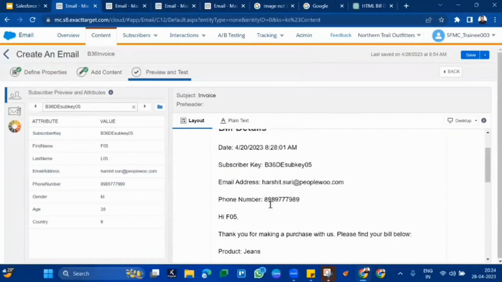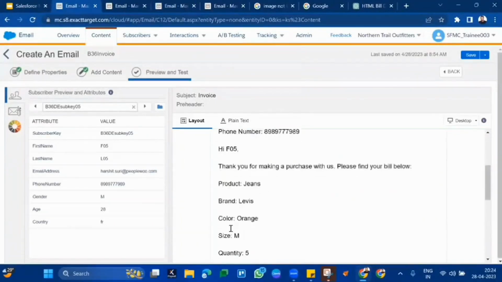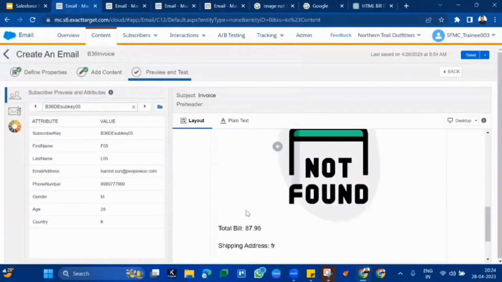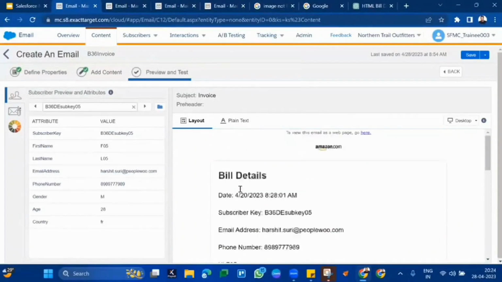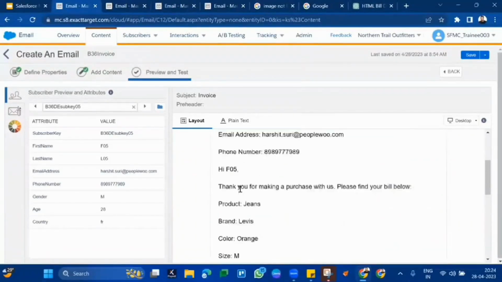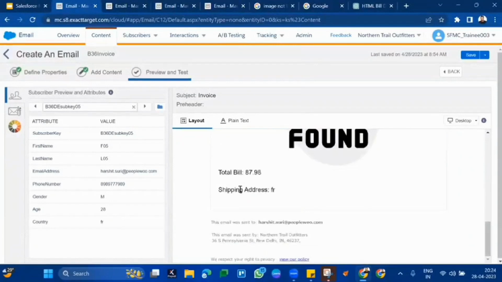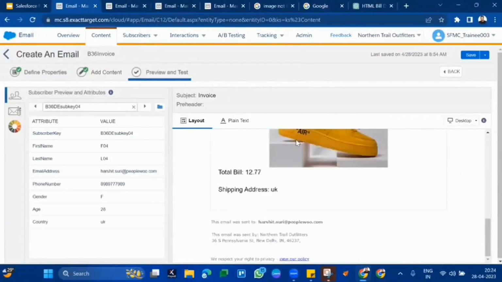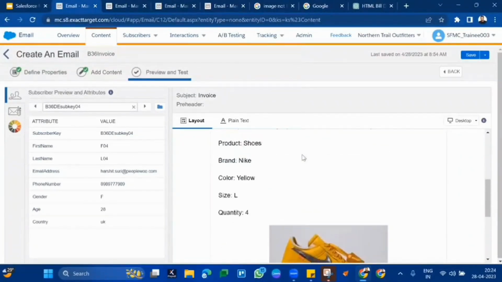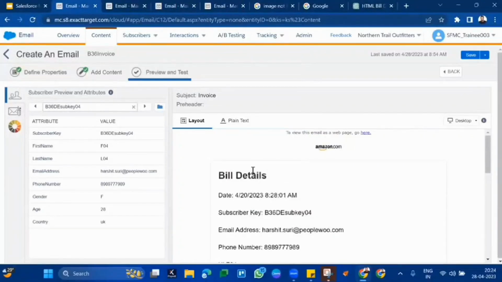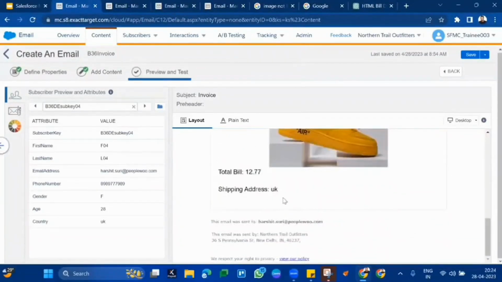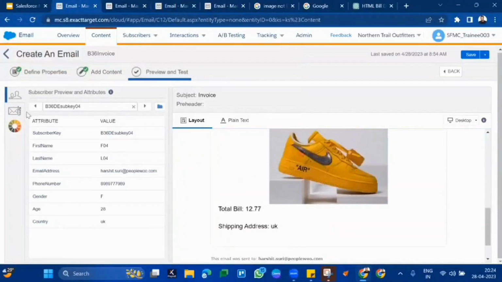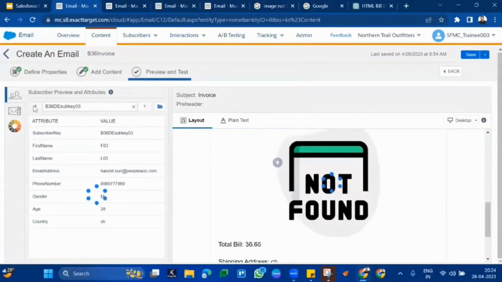Bill details, subscriber key, email address, hi, first name, product, jeans, color, size, quantity. Okay, it got the image section as well. Total bill and shipping address. This is a formatted thing, guys, we got from ChatGPT. If you try to toggle the value, you see shoes is purchased, bill details are this, date this, subscriber key this, everything is given. Now you want to do a test send